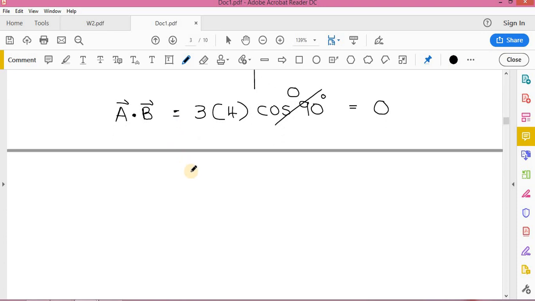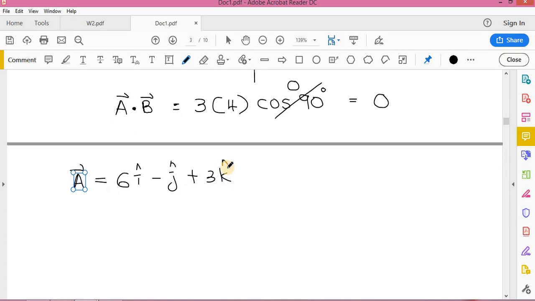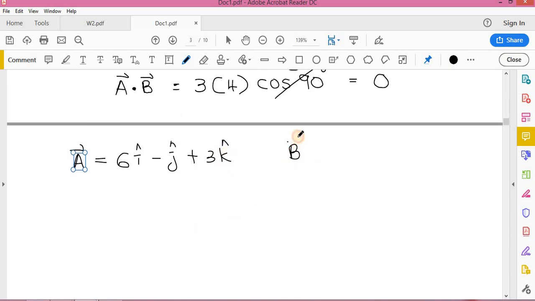Imagine now if you have a vector that is much more complicated, that has more than one direction. For example, A equals 6i minus j plus 3k. This is vector A. And you have the other vector, vector B, equals negative 3i plus 4j minus 2k. Now I give you two different vector quantities, and I want you to find the dot product